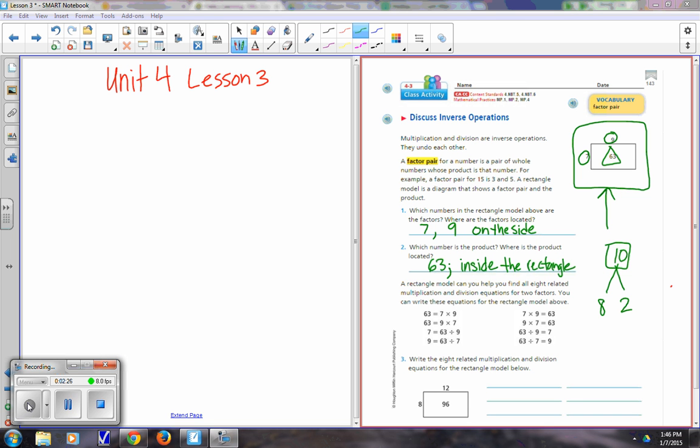These are the same things. So if we're writing 8 related multiplication and division equations for the rectangle model here for number 3,